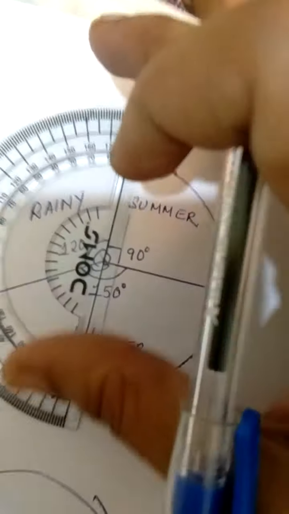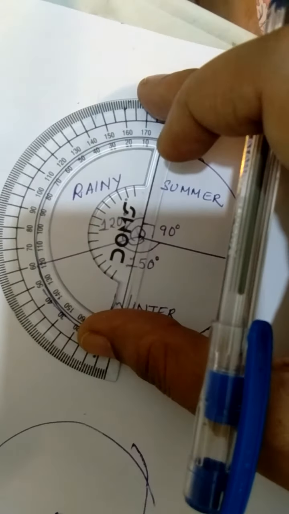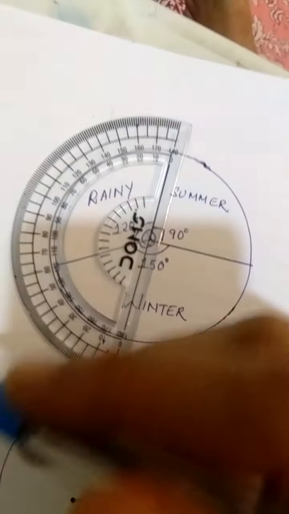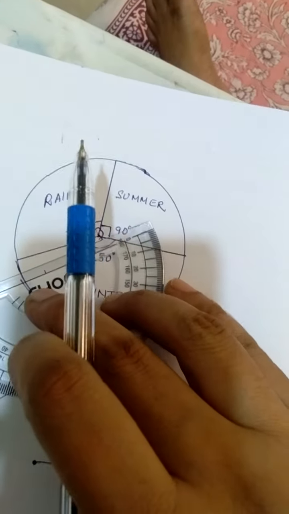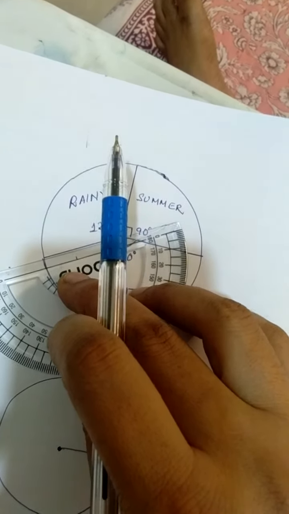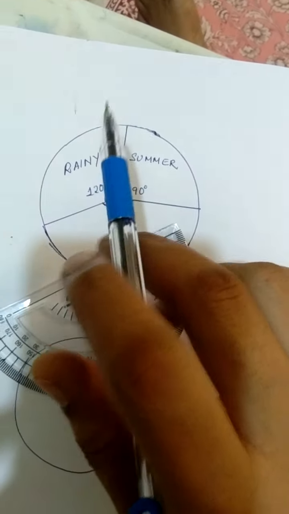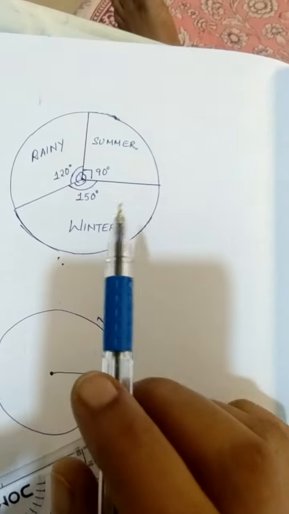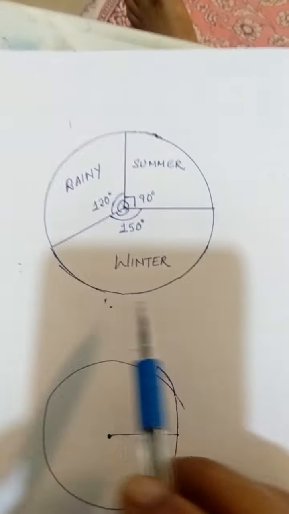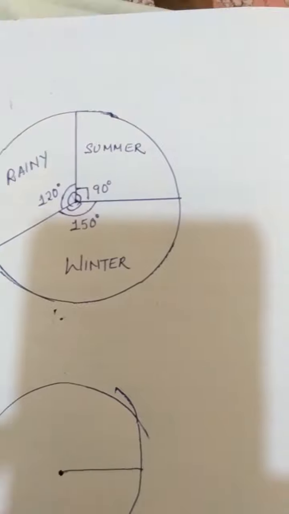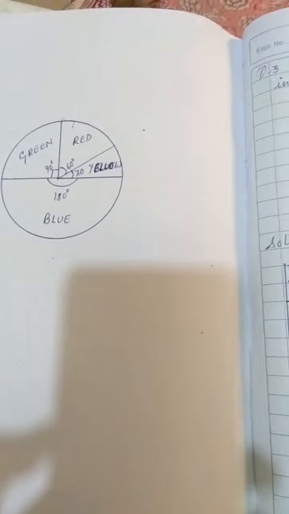Therefore, now you will measure taking this as the radius, you will change the radius, and you will measure 120. The dot is here, children. You can see that I have put a dot over here, and then you will join the point and the center like this. Okay, so this sector becomes the sector for rainy season with 120 degree, and the last leftover is, children, nothing but winter. So this is for winter season. So this is how we can draw the pie chart for the given data. I'll explain the next question in the second video, children.